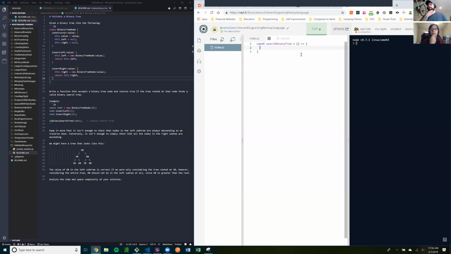Or I don't know if you're doing it differently. This is ES6, I believe. Cool. Yeah, I believe Replit supports this. Awesome. I'll need to be able to pass through the binary tree, which